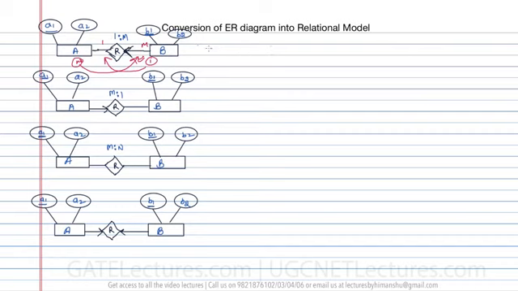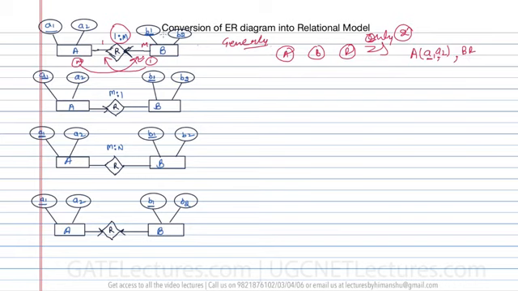Generally we make three tables: one table for A, one table for B, and one table for relation R. But because it is a one-to-many relationship, we require only two tables. All this information can be stored with only two tables. The first table will be A, containing A1 and A2, where A1 is a key attribute, and the second table will combine B and R. It will have B1, B2 and A1, where A1 is a foreign key and B1 is a key attribute.